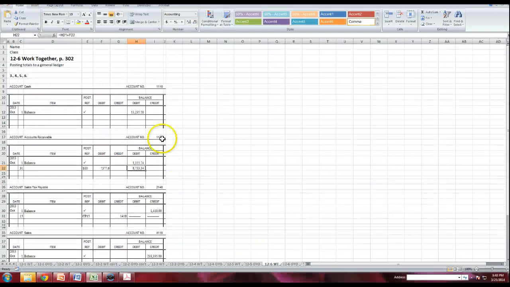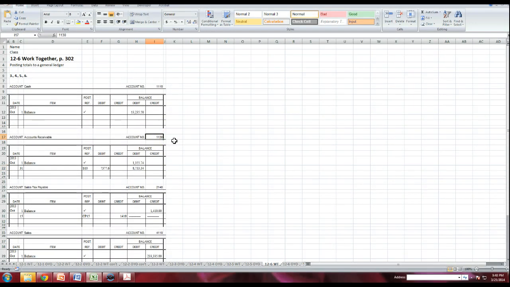So equal sign, I'm going to click the first cell we want. These are two debits, so we add them. Plus sign, click the second cell I want. Hit enter. Here's my new balance for the accounts receivable in my general ledger. It's going to be $8,733.34. Very last step. We need to take this account number and go put it back in the journal